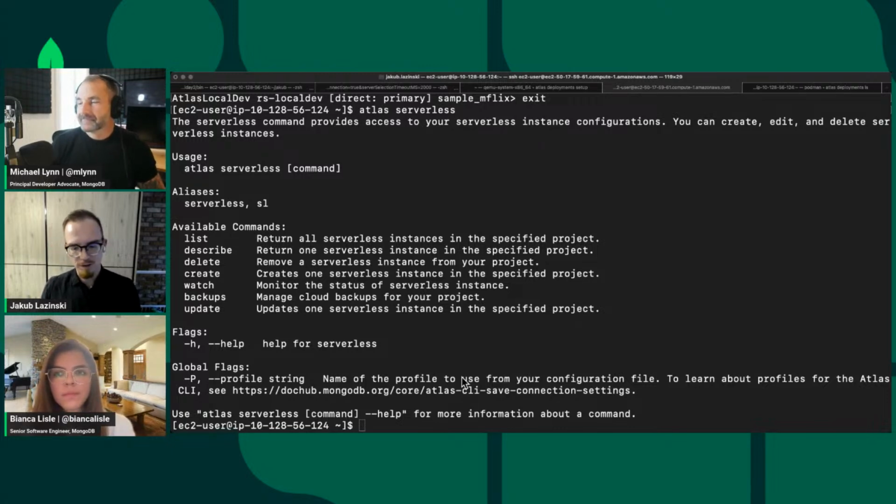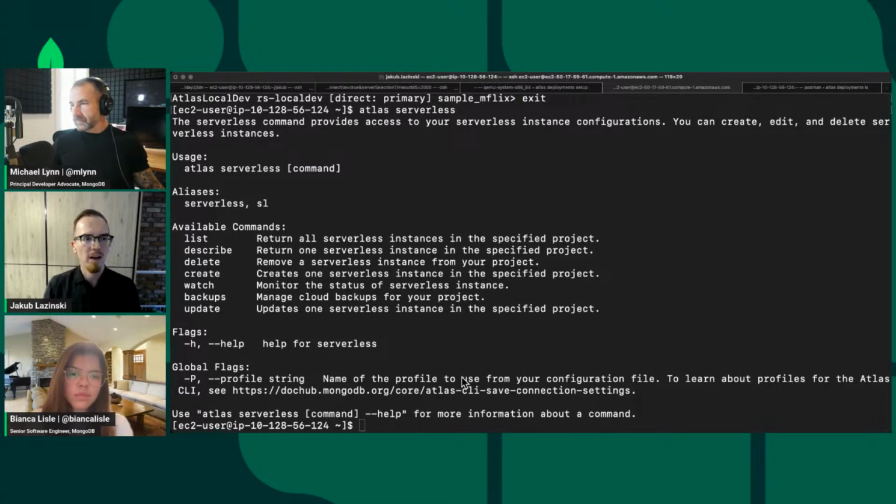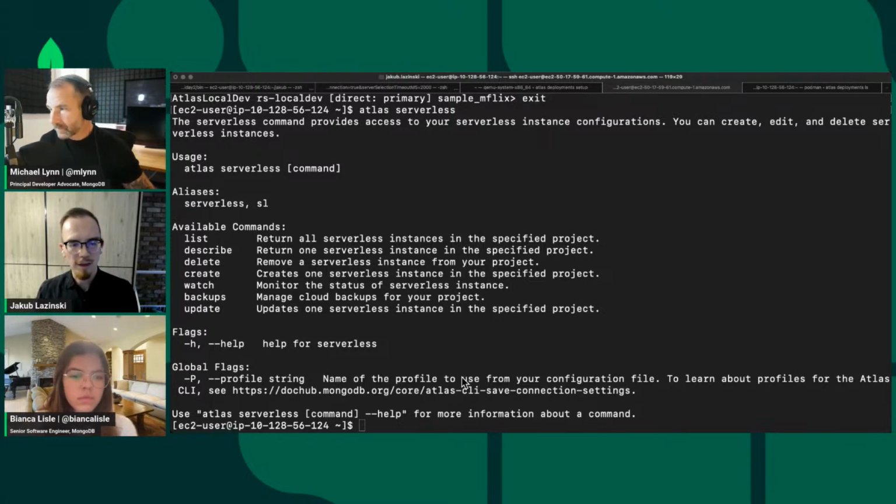Public preview means it's available. Platform support: today, it runs on Red Hat and macOS M1 and Intel chips. And we are looking to expand it to other OSs like Windows and Ubuntu. So platform support is definitely something that is coming in the later phases, but definitely it's the first touch